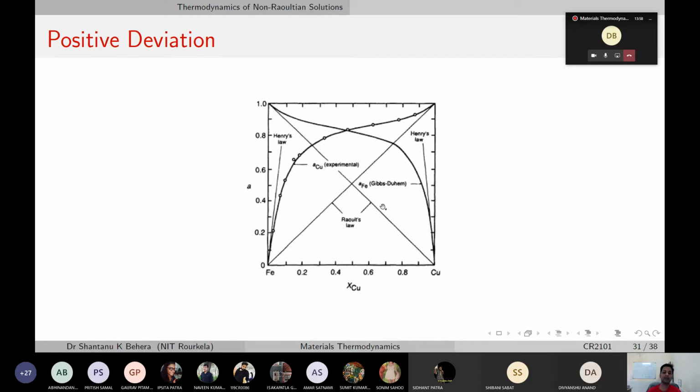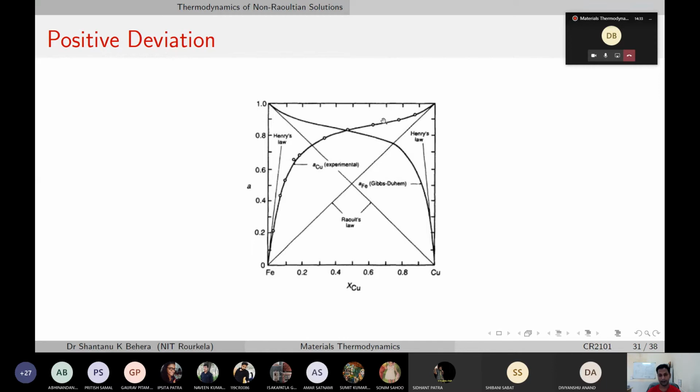And you'd see that here is a huge, very accentuated positive deviation that can be seen in the iron copper system. And this is when talking about iron liquid and copper liquid, certainly at a higher temperature. And that's what Raoult's law would have been like this. But then what you get as experimental points, the activity of copper is kind of showing a bow-like behavior, and